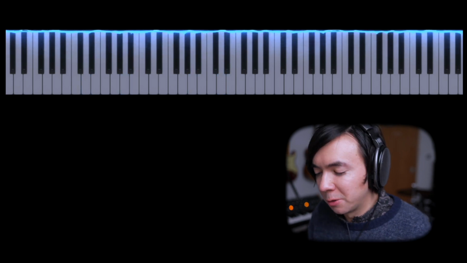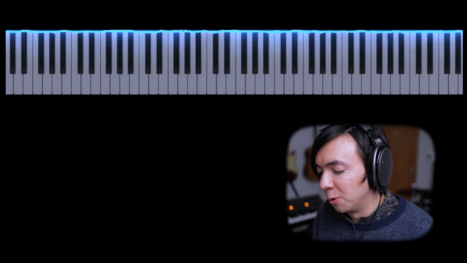That's using parallel sequences, and you'll notice that every time I moved the sequence along, the chords had to go with it, otherwise it would create a lot of clashing.